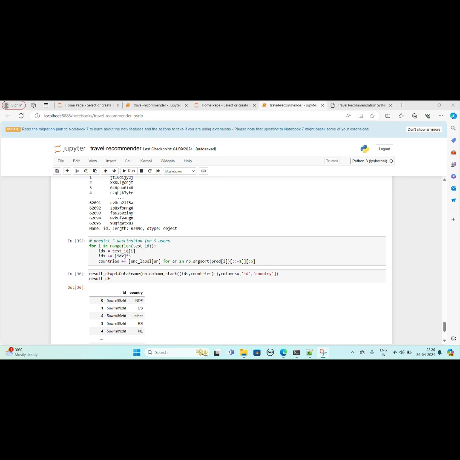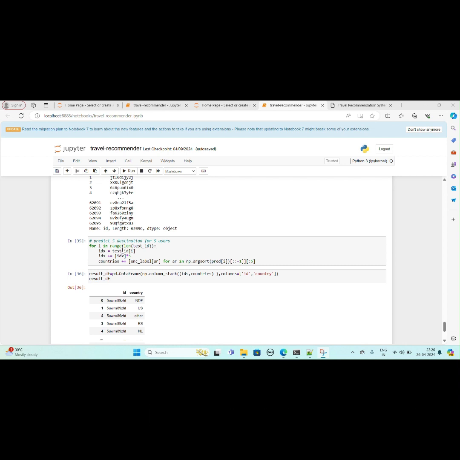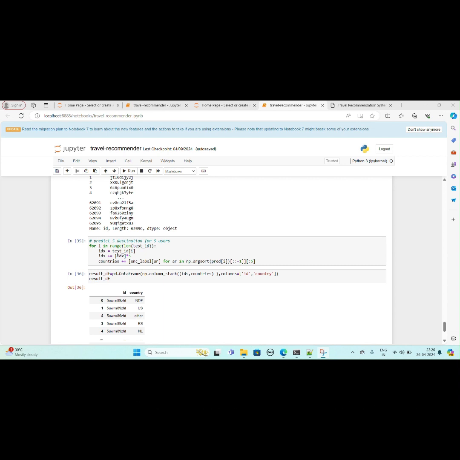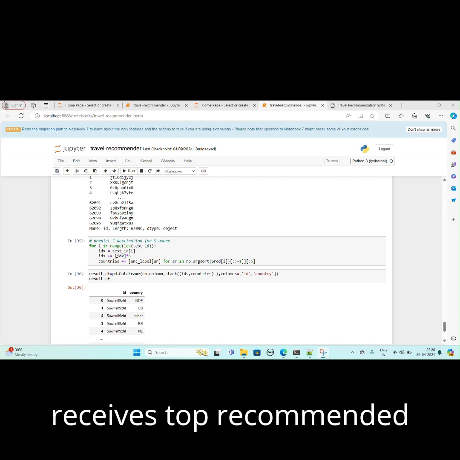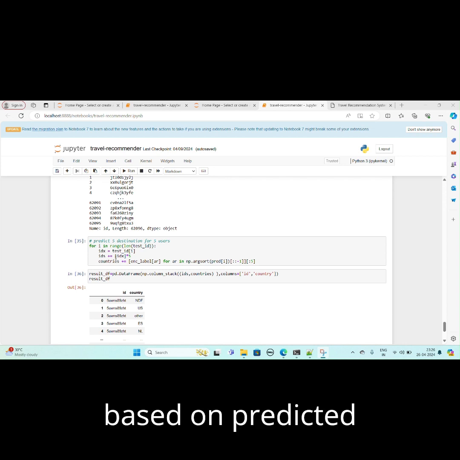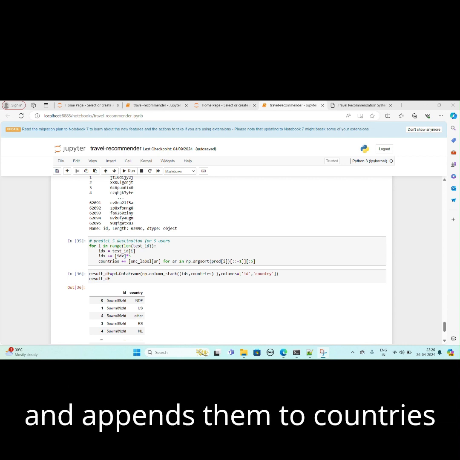Inside the loop, in IDX, we are retrieving the user ID at index i. Then it appends the user ID IDX 5 times to the IDs list, indicating that each user will receive 5 recommendations. Then it retrieves the top recommended countries for the user at index i based on the predicted probability in the pred variable and appends them to the countries list.